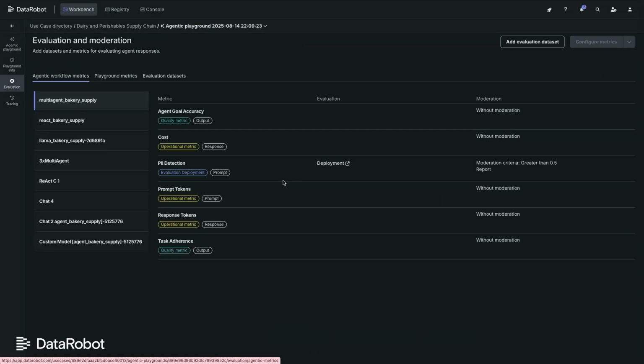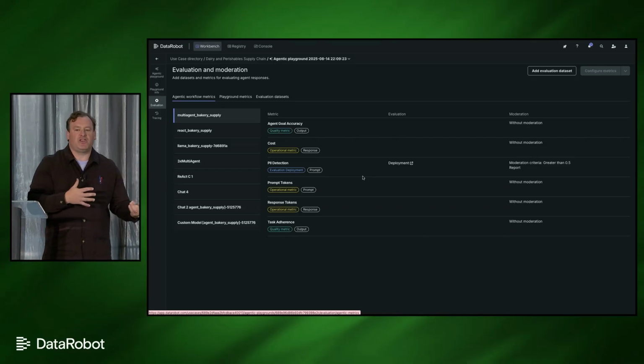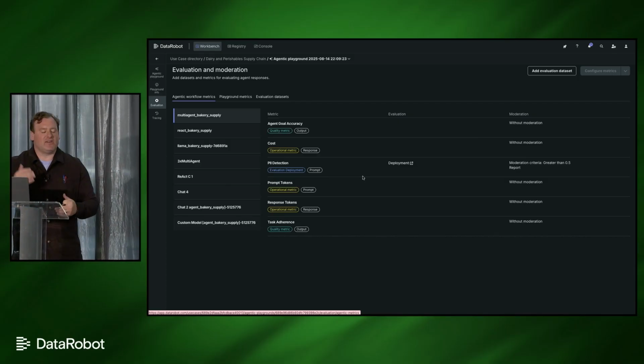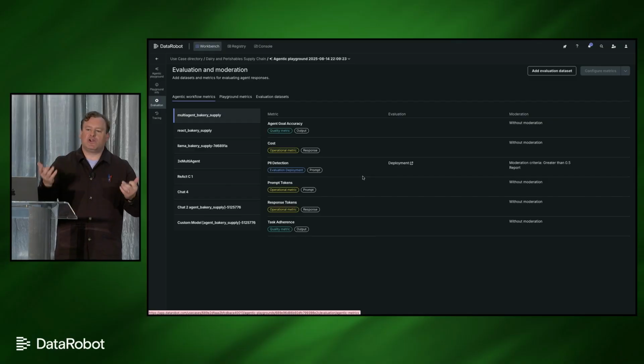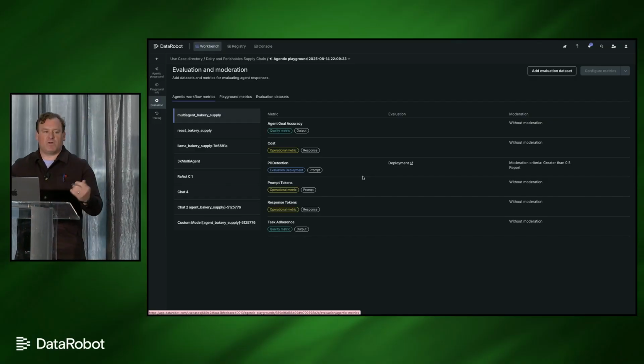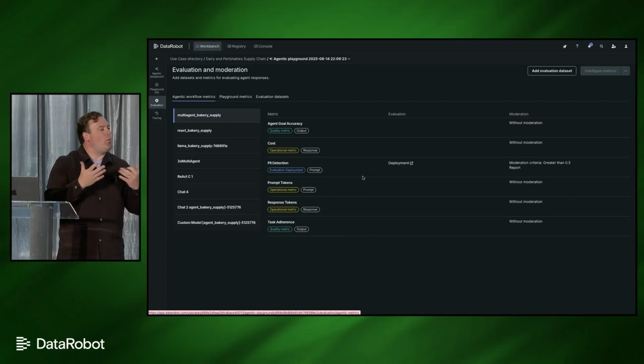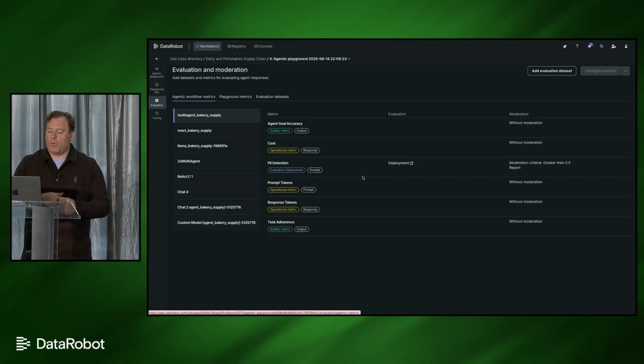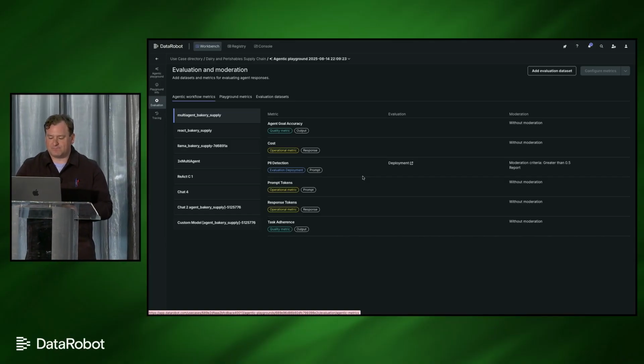One of the other things that we have here is PII detection and other guardrails. Because even when your agent interacts with your customers, you don't want your customers putting their whole life story into your agent, right? There are some cases where they should defer to human intervention or should defer to some other avenue, and guardrails can help you do that. This one here looks for things like account numbers, birthdays, and things like that, and will put up a warning to say that a human could go in the loop or whatever's required.